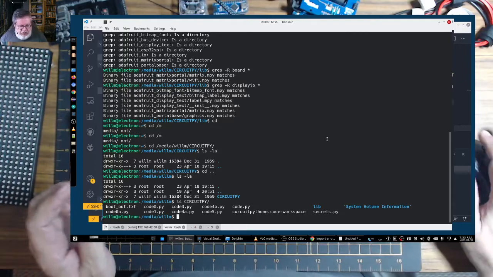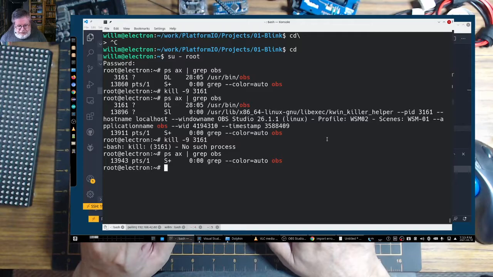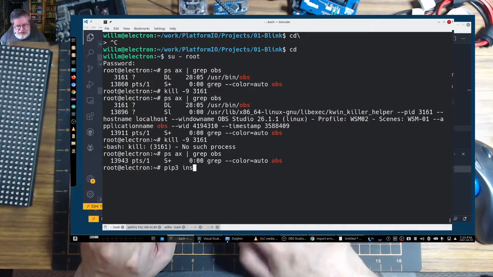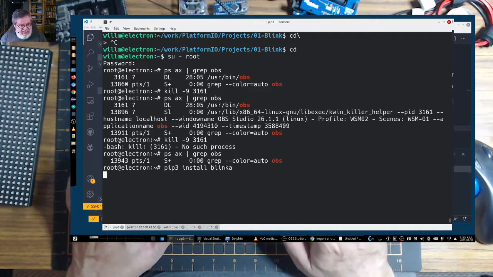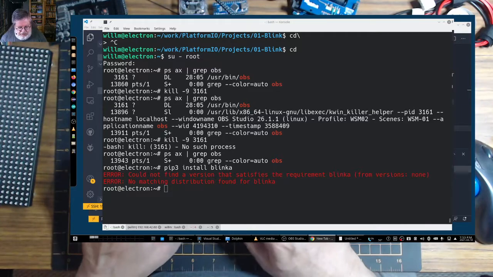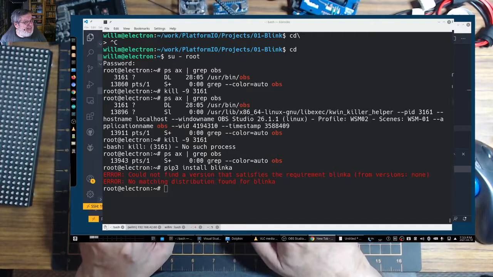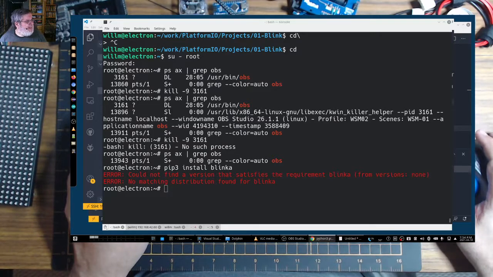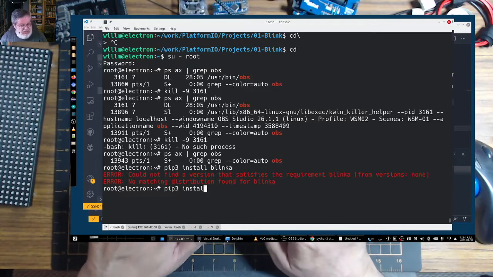It turns out possibly what we're missing here is at the Python level. pip3 install. Is it Blinka? Python 3 pip install Blinka. Yeah, Adafruit Blinka. So let's try this. pip3 install